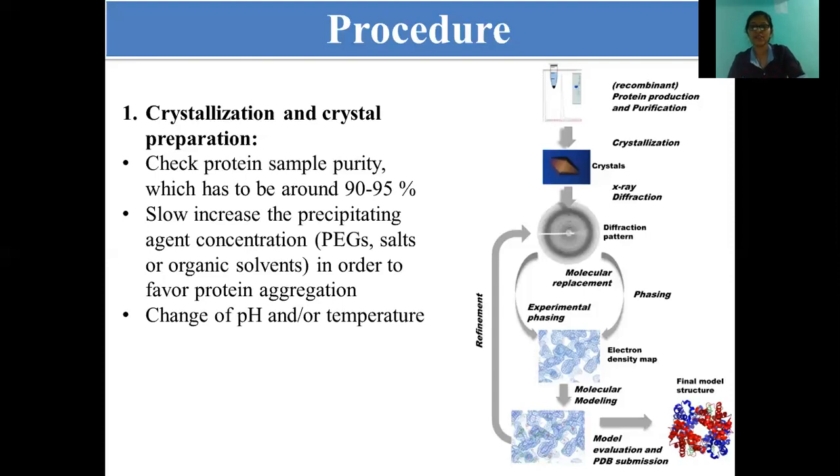Crystallization is performed using various chemicals like PEG, that is polyethylene glycol, various salt solutions, and various organic solvents which are easily available in the market. They are used to aggregate the protein, to crystallize the protein. So the first important thing is you must isolate a pure, stable form of protein, and the second important step is crystallization using various chemicals like PEG, salts, and various organic solvents. So the third step is,